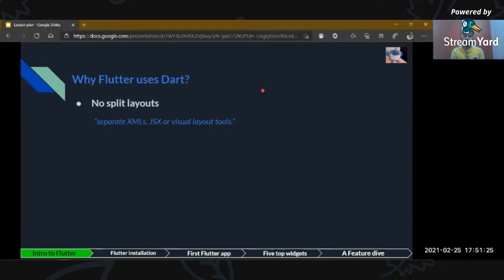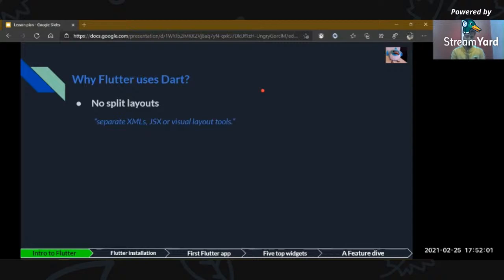So when Flutter uses Dart, we will be going through it in a short while. But how does it not have any separate XMLs or design files? In Flutter application development, there is only a single type of file that contains all the business logic as well as the UI design code.